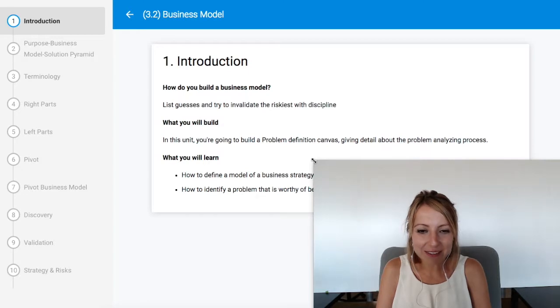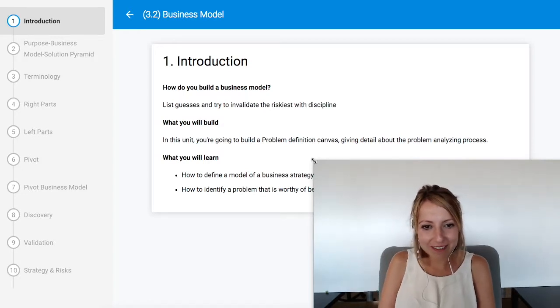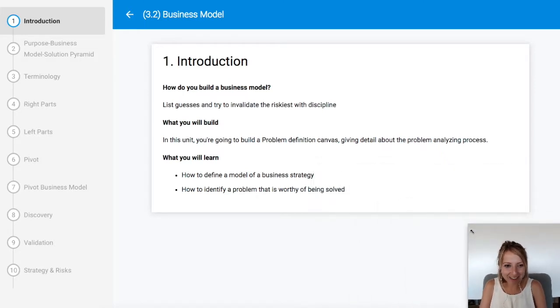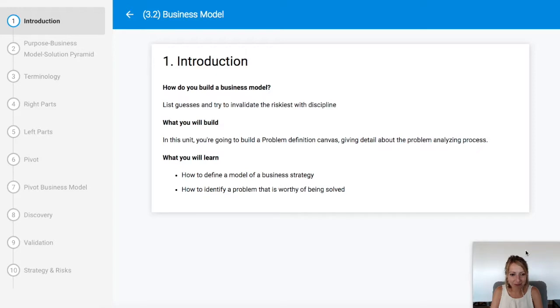Today we are going to explain how to build your own business model canvas and introduce some useful tools to complete this process. Okay, let's go through